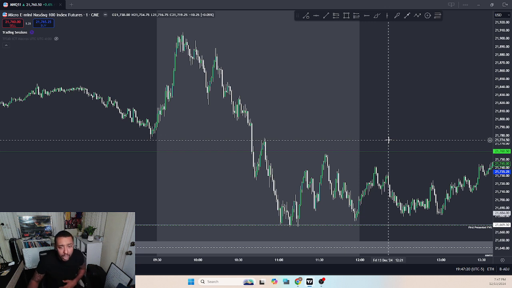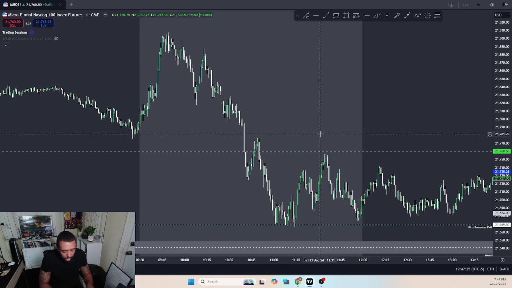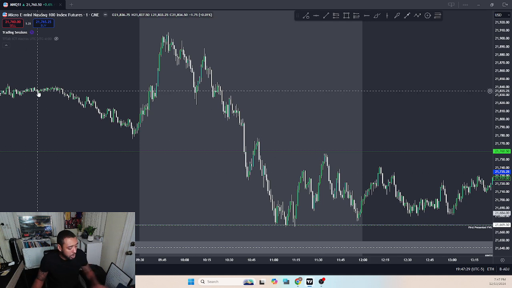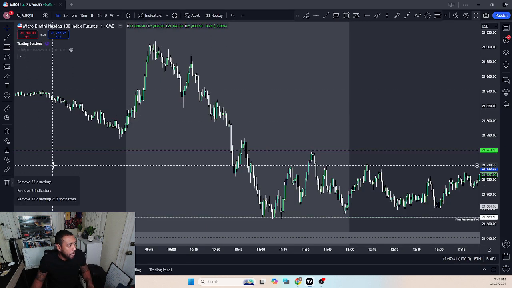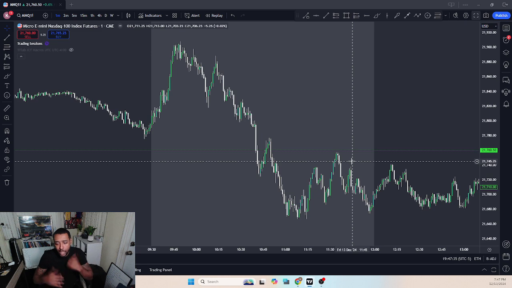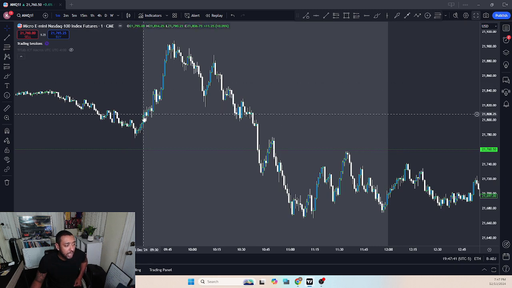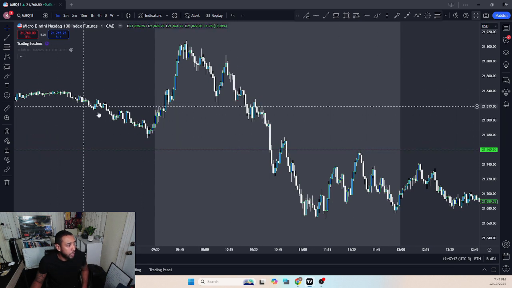So the first thing I look for in my PD arrays is that I go to the weekly chart. Matter of fact, first let me delete all of my zones. I like to delete all my zones and then redo them because the more I do them, the better I get at it. Right now I can do it fairly fast. This is actually 9:30 right here. This gray area is 9:30 to 12. So the first thing I want to do is